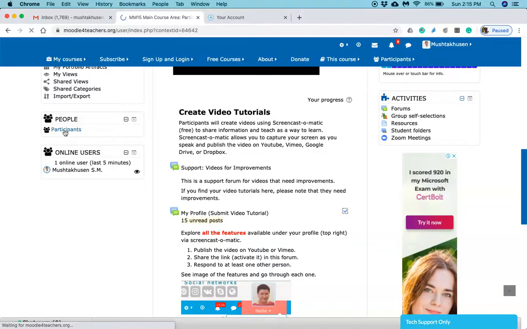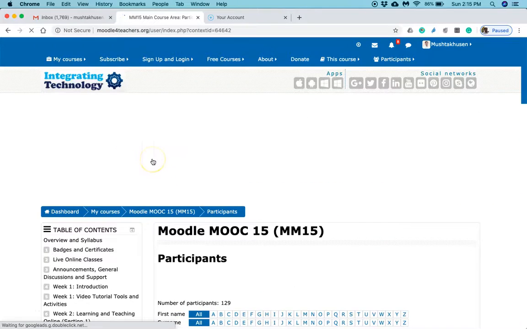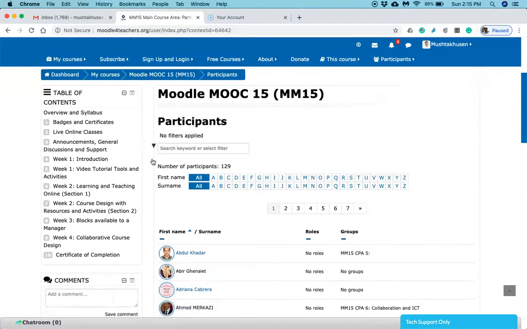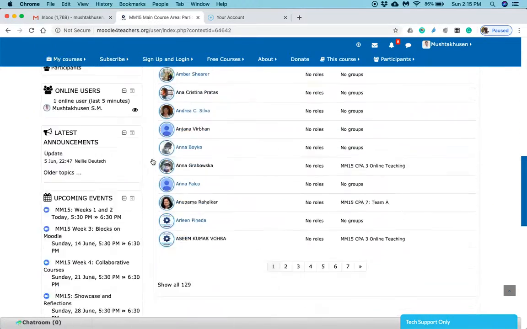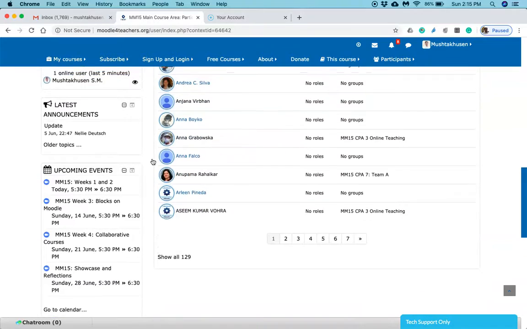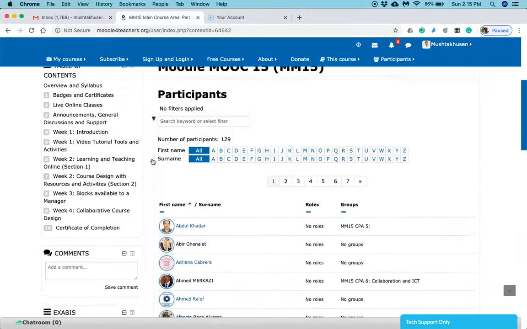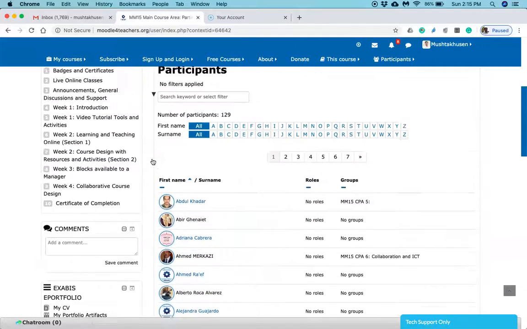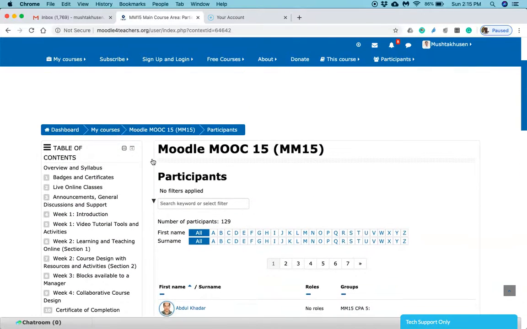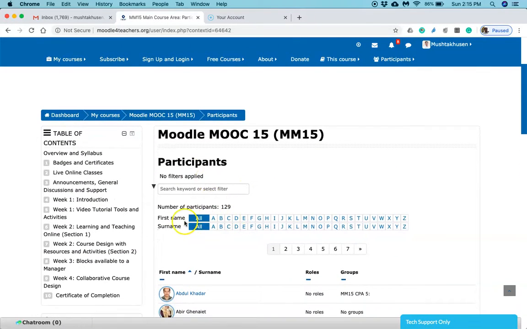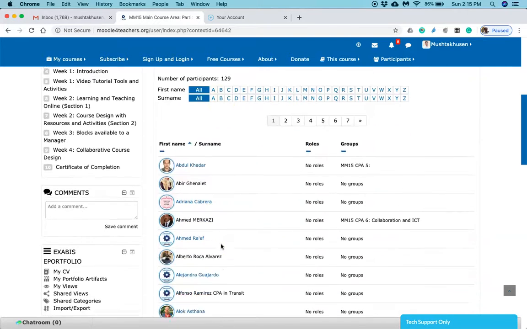If you just click on this, you can see all the participants of Moodle MOOC 15. So you can see the list, and you can see their profiles too, right? If you want to check alphabetically, by their first name or surname, you can do that.